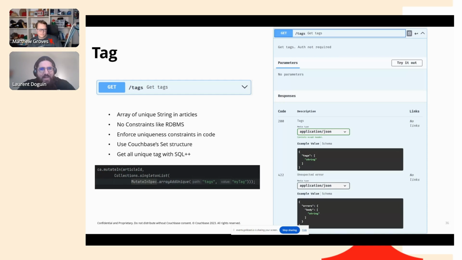That's probably it. Tags. I think that's the last endpoint I actually want to tell you about. Tags, pretty simple. The only endpoint that's available is getting the full list of tags available for every article. There are different ways you can do this. It's probably going to be a SQL query. You can select every tag in an array. You can flatten that array. We have a keyword called UNNEST that allows you to flatten that array, and then you can list. You can have every tag on one